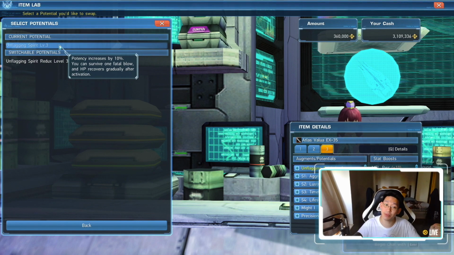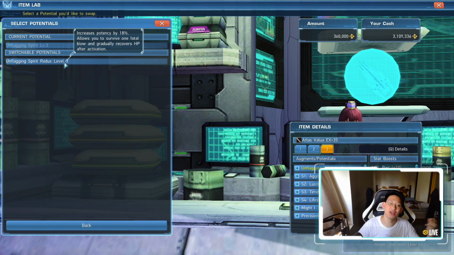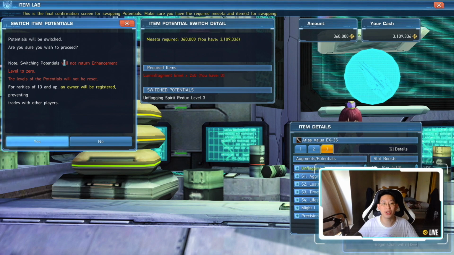The regular one's only 10%, this one goes up to 18%. So obviously we want the better one. So you're going to click on it. However, you're not going to have the resource in order to upgrade this yet, mainly because you'll see right here the Lumiere Fragment ML times 240. We don't have this. We can't farm for this yet. So we're just gonna have to sit on our butts and wait until we can farm for this in order